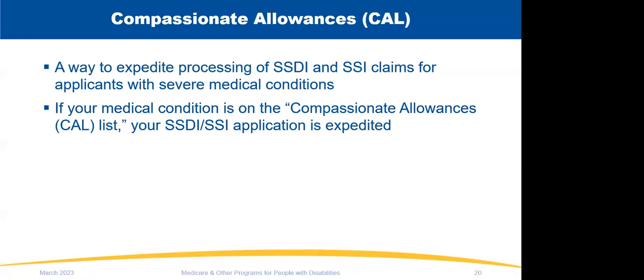What that compassionate allowance is, is those conditions that have a higher likelihood of approval, right? And with those, if they're listed in the application, they're automatically flagged at DDS. So DDS is going to expedite the processing of those applications. Normally it takes about 3 to 6 to 10 months for the application to be processed. If it's a compassionate allowance case, it is a much quicker processing time.